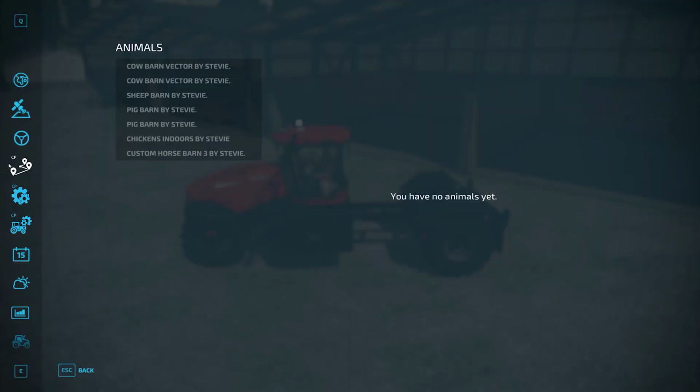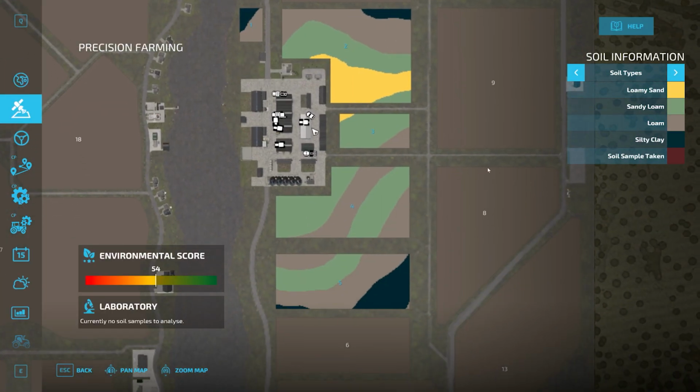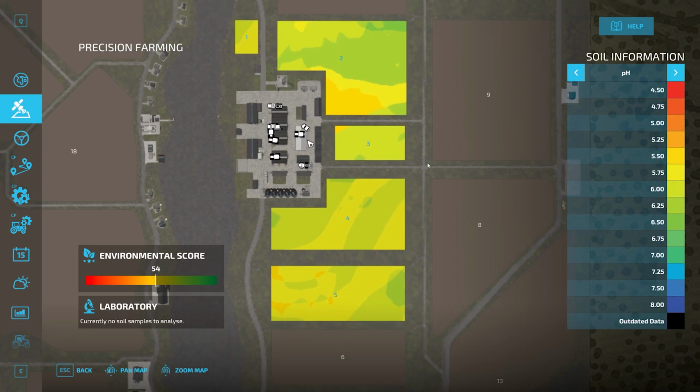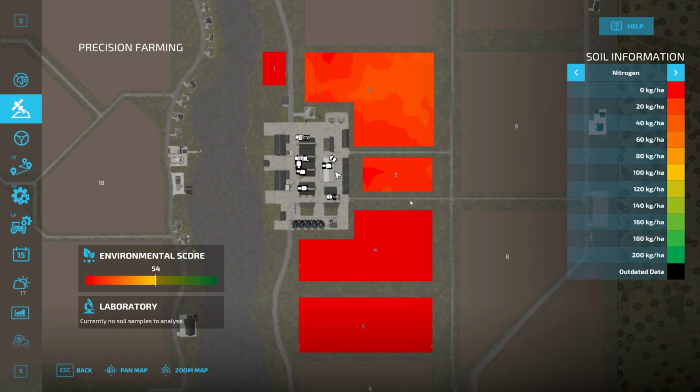So if we take a peek at our precision farming map, pH is looking... See, I even forget what this is, how this looks. If that's kind of average or good. Nitrogen looks horrible. I know red is bad. So with nitrogen, what is that? Fertilizer? So we're definitely going to need to get some fertilizer down on...